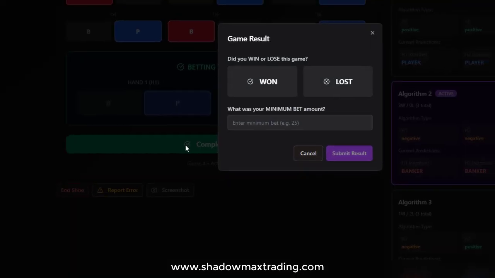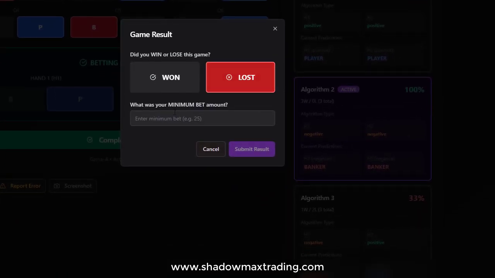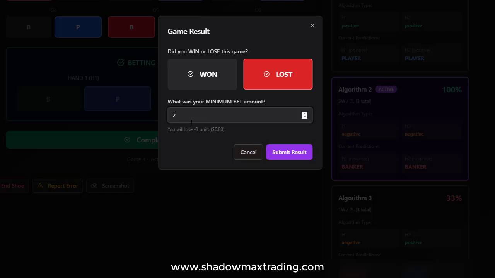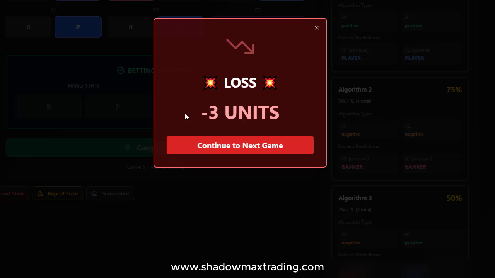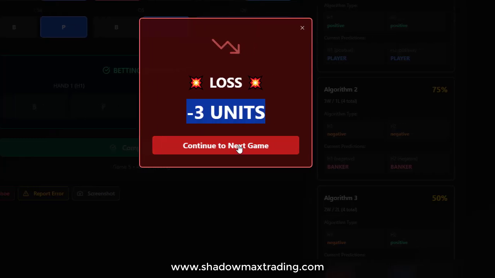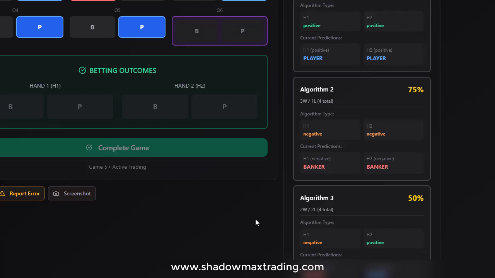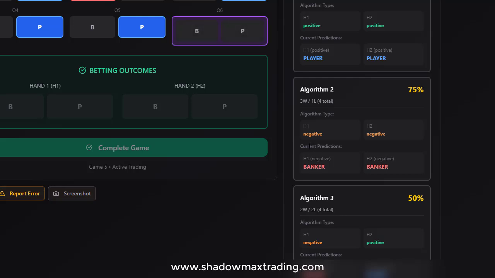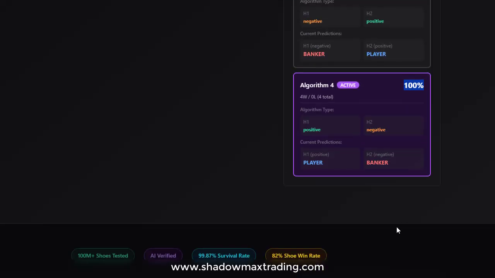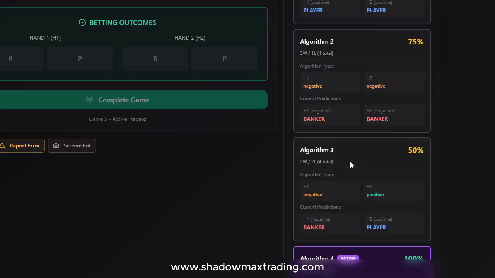You're going to hit complete game. You're going to say lost because you lost them, right? But you're going to put whatever your minimum is here, and it's going to automatically calculate that for you. Click on to the next game. Now you can see this one is at 100%. As long as you're following the top performing algorithms, you just follow this